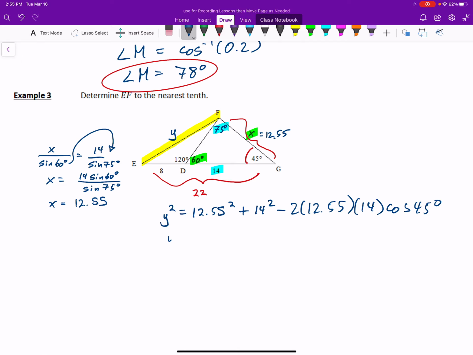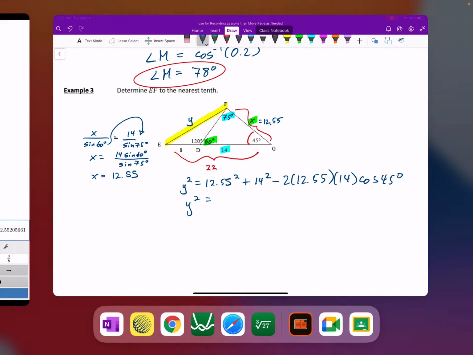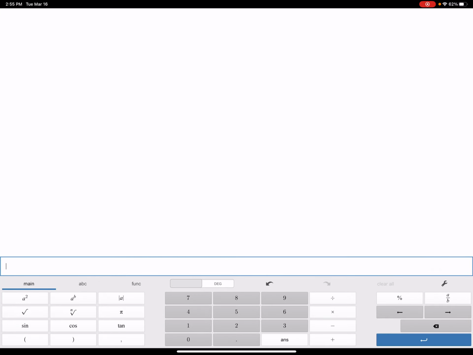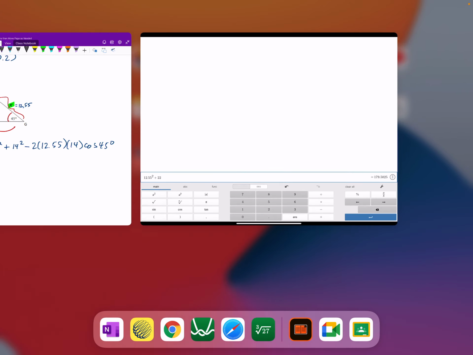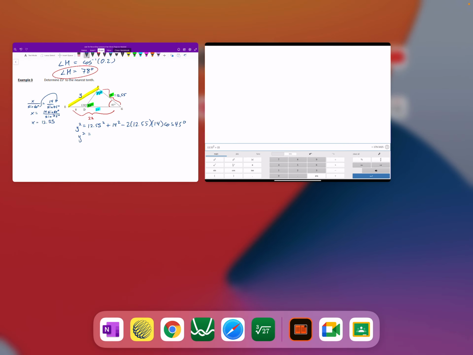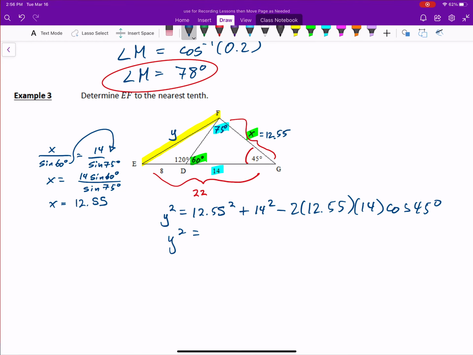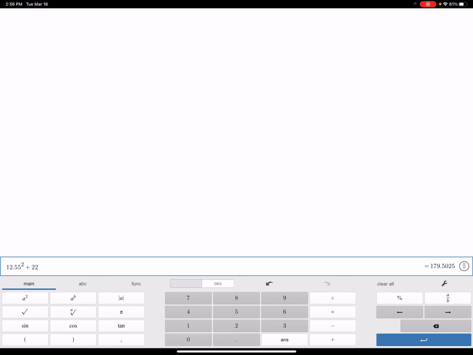And again, this is a case where I would put it all in my calculator at once. Sorry, it was 22, wasn't it? Oh, where did 14 come from? Oh, I see. I made a mistake. I was focused on that 14 that I highlighted in blue, but I remembered 22, so these should be 22 here and 22 here. So 22 squared